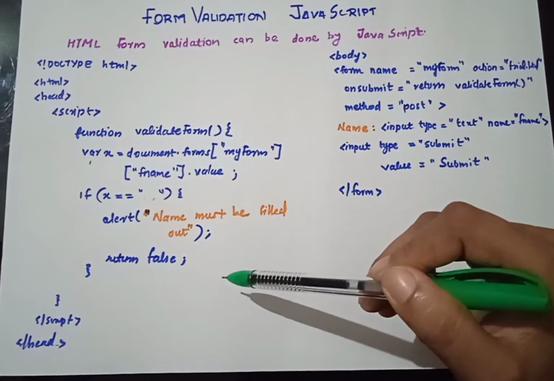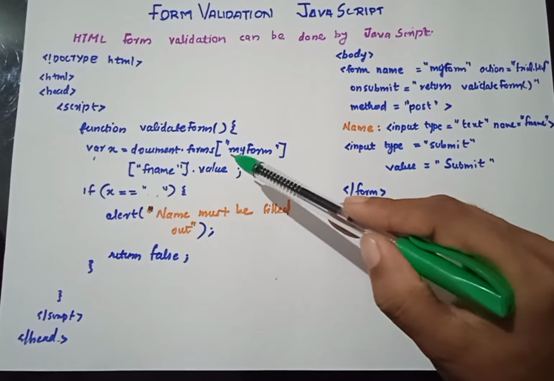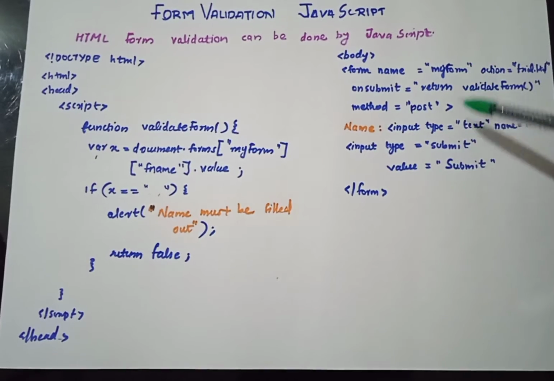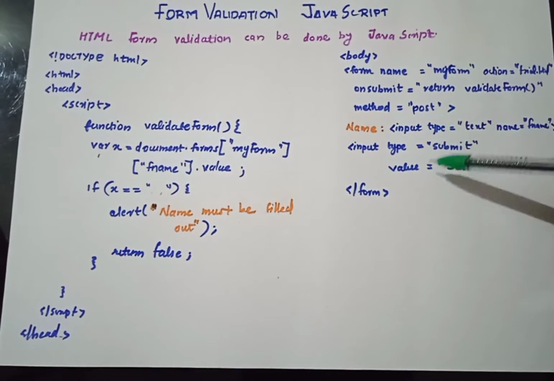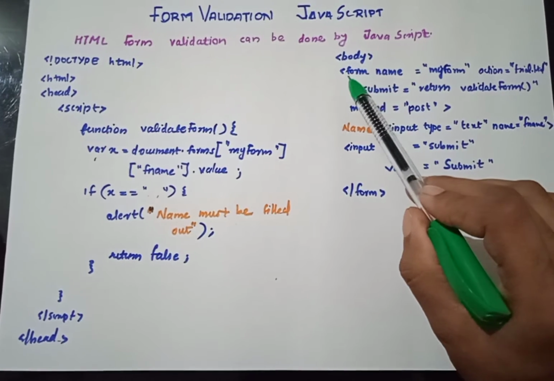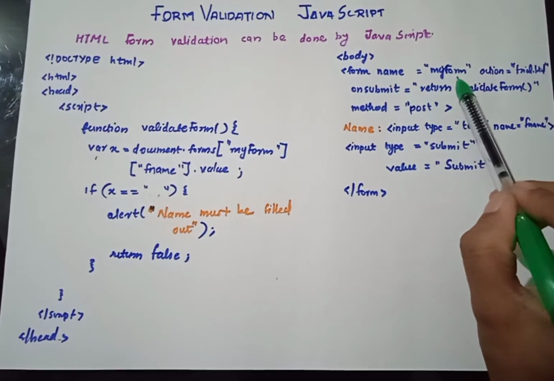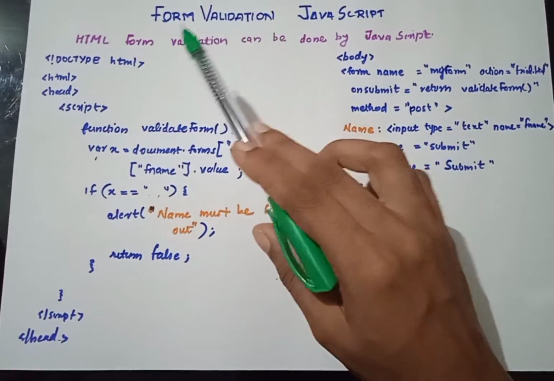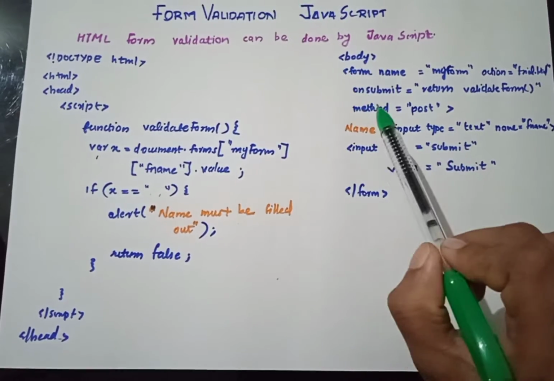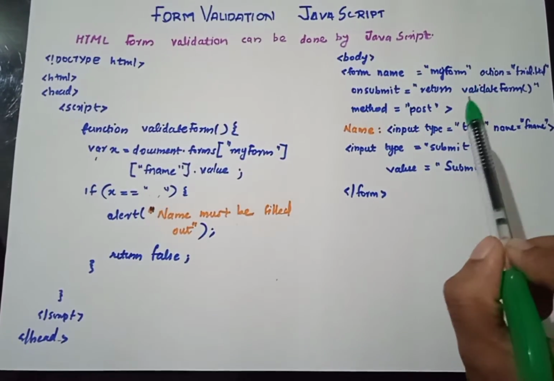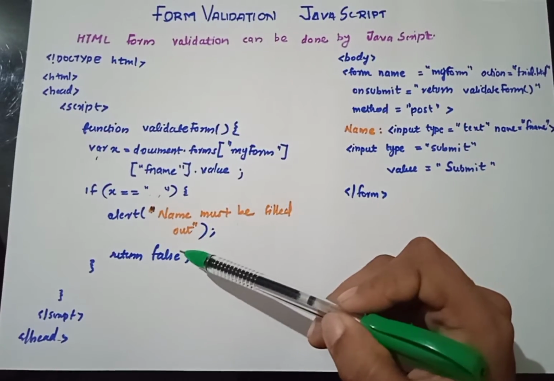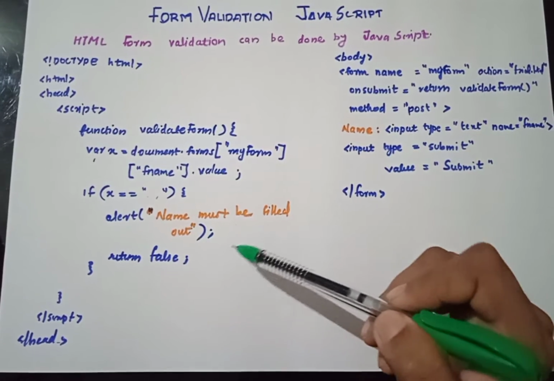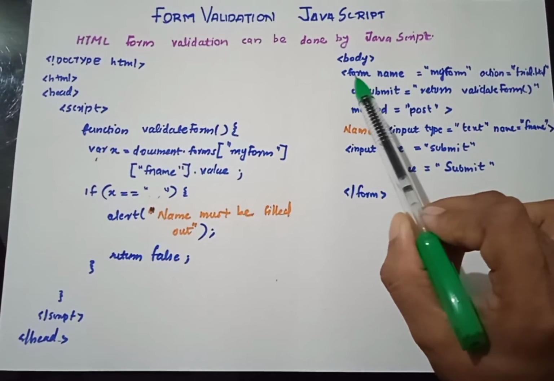So first of all, we have to create a form with the name myForm. Since these things should be there in the display, we have to first create or define a form having a name, action, and since this is event handling or form validation, we have to mention some event for when these actions take place. That is inside the script defined in the form function. So let's see how the form is defined here.